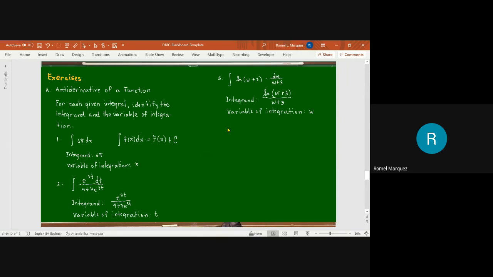So again, we are asked to evaluate the given integral by applying